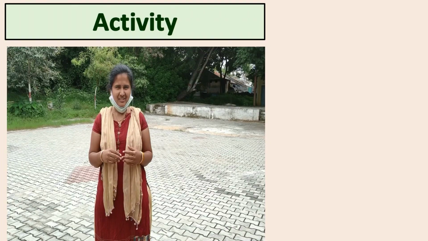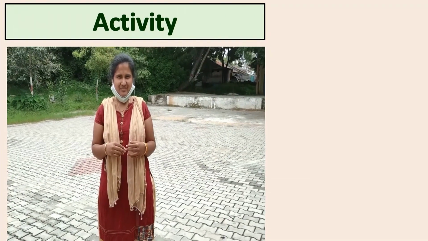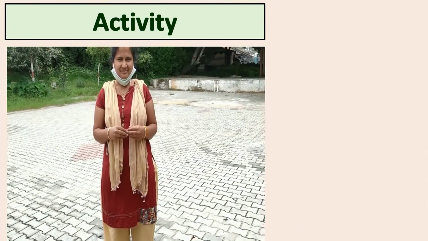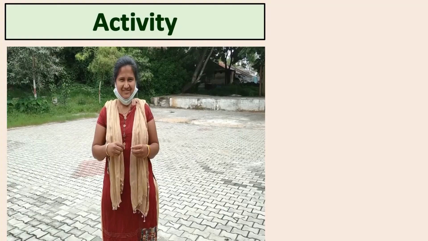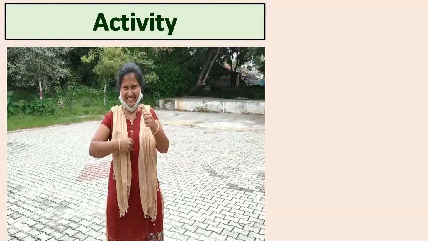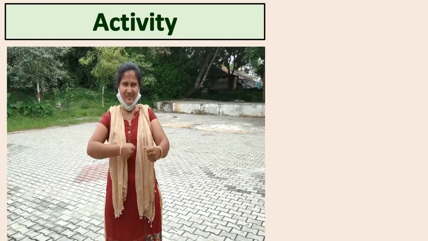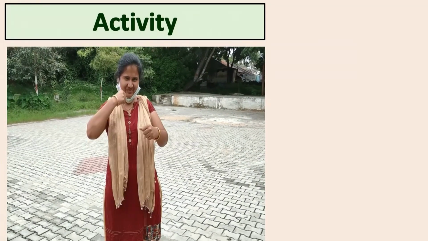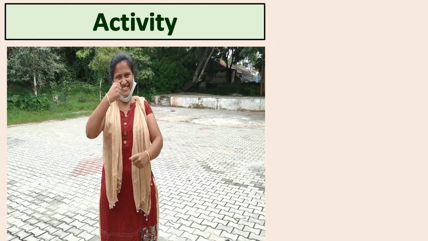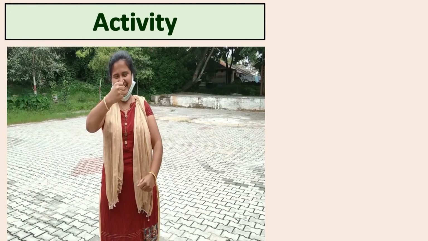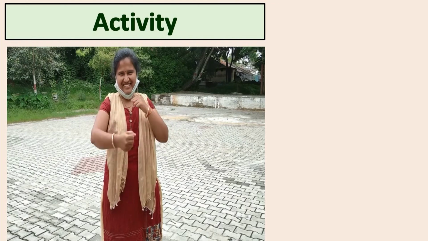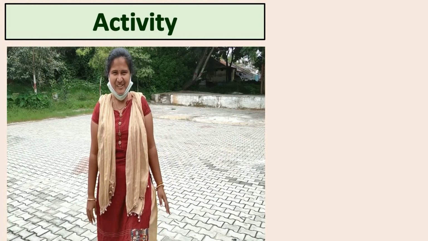Now let us come to another activity here. Here she is my colleague, I am telling her to do one activity. I am telling the madam to use both her hands, one hand in the clockwise direction, another hand in the anti-clockwise direction simultaneously. Is she successful? Observe. She is not able to do that.